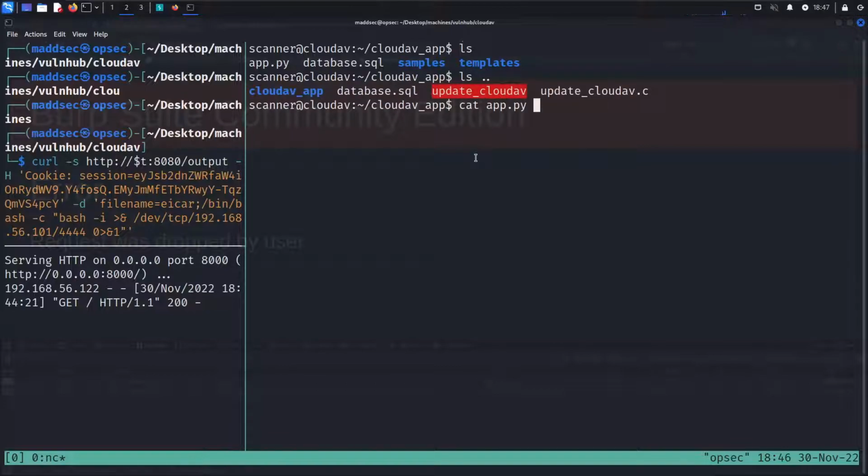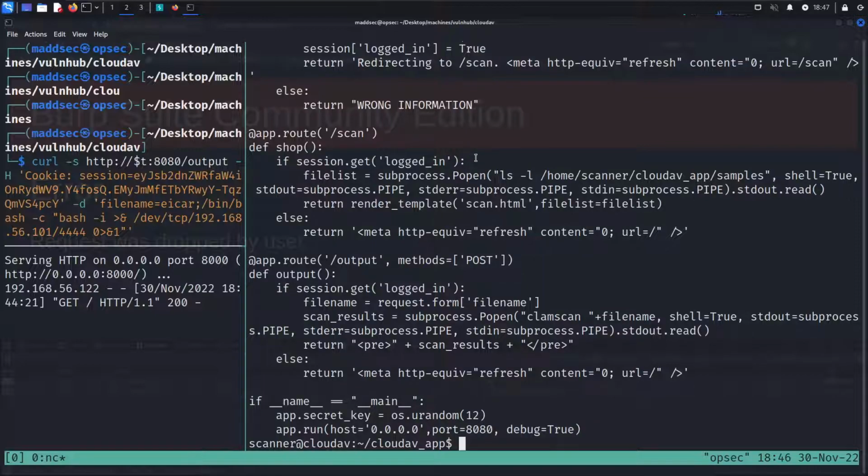And look at that, that is interesting. So cat app.py, first stuff. So we have a route from output, and let me see what's going on here, because we definitely... well, where would be... probably here. Okay, so process popen clamscan, and look at this, it's concatenating a file name that is